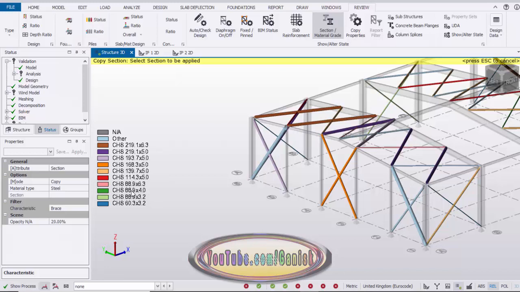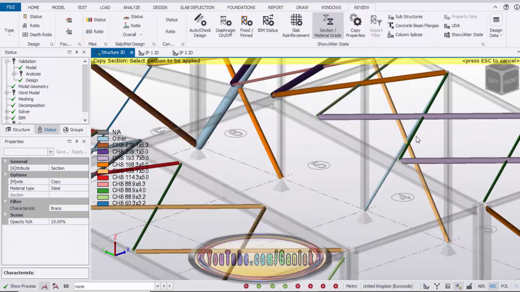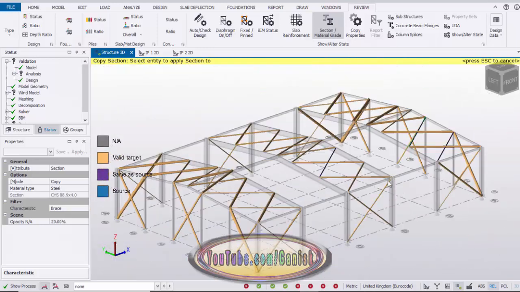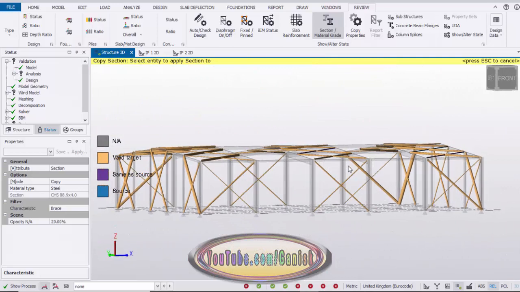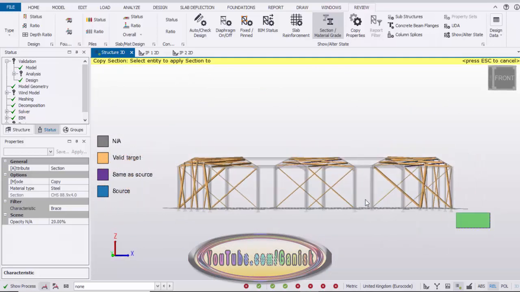Now we're going to match with 89.4. So 89.4 has green color. So now we're going to check here, where is the green color? 89.4, yeah, this one. So now we're going to copy this property, so select it. Now we're going to match that property to the entire end wall and side wall bracing. So just drag and select